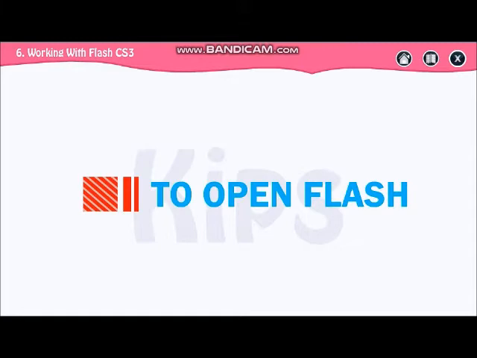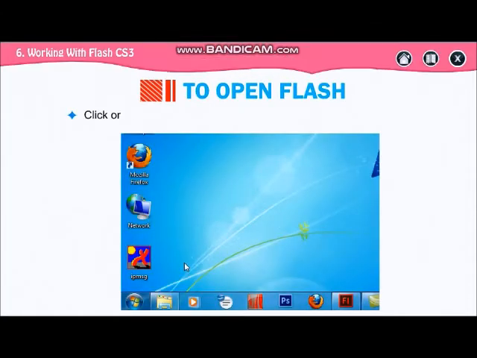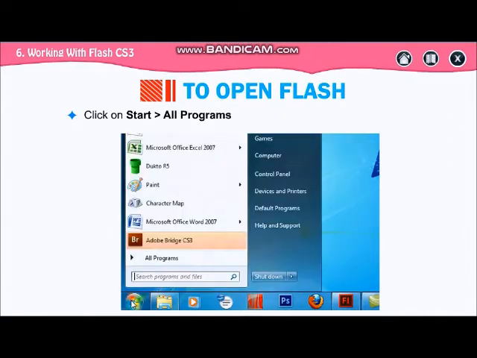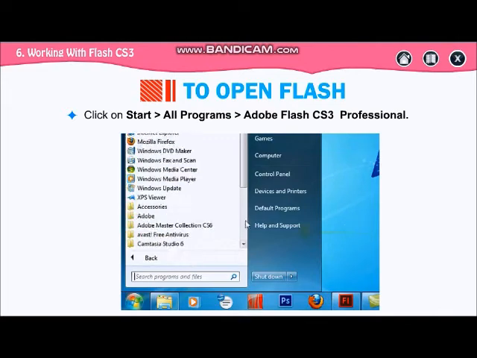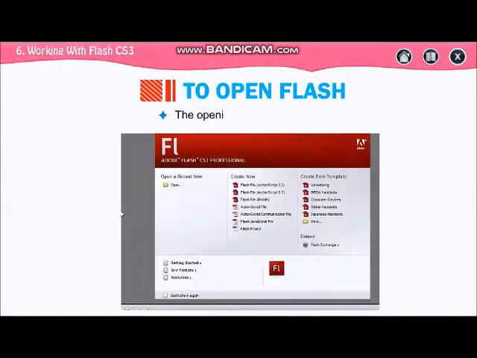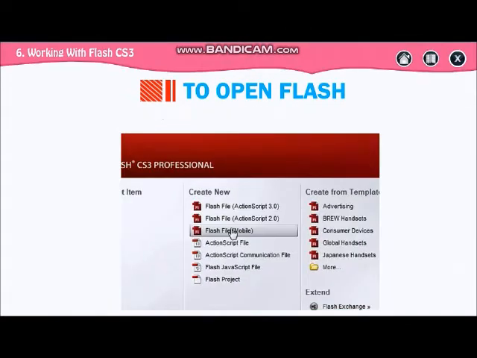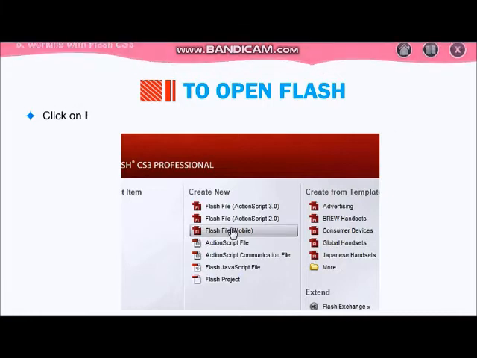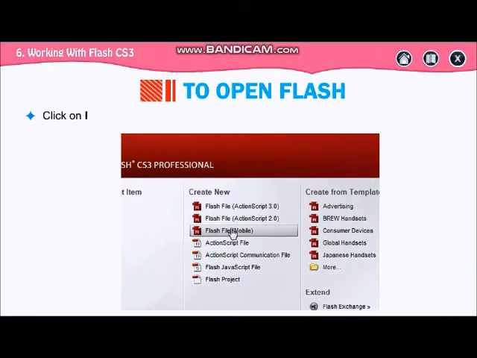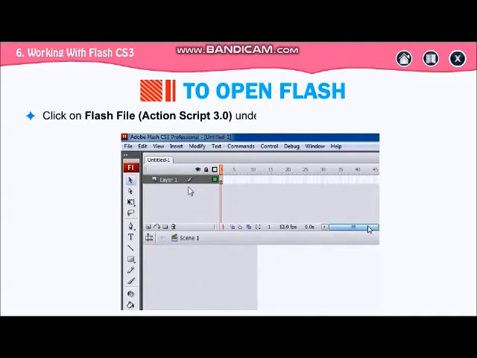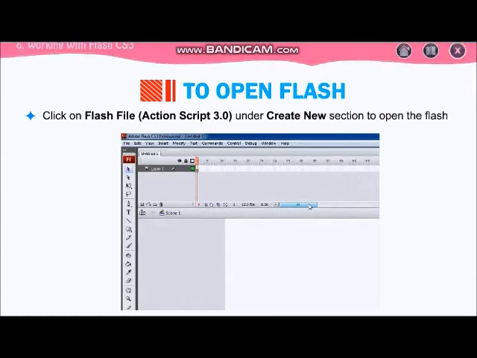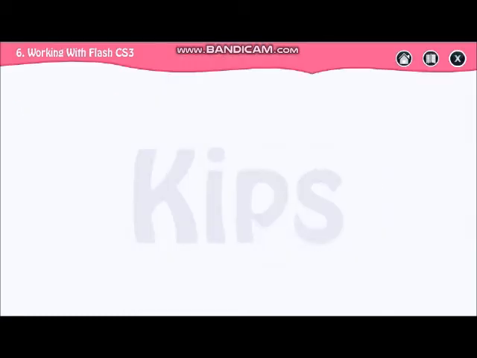Now to open Flash, click on Start, All Programs, Adobe Flash CS3 Professional. The opening screen will appear. Click on Flash File ActionScript 3.0 under the Create New section to open the Flash document.